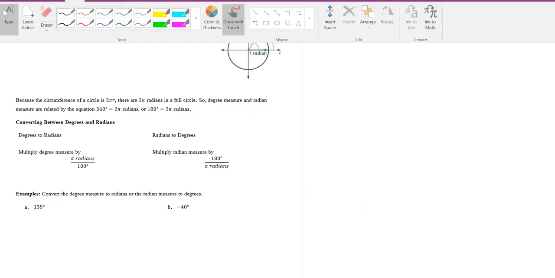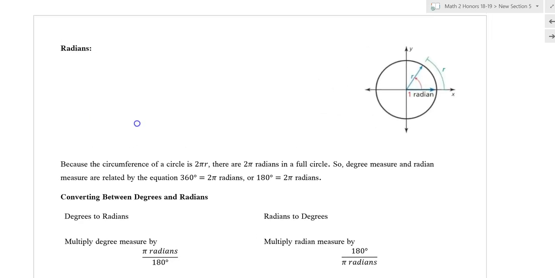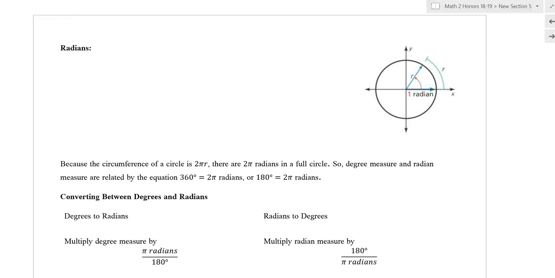If we turn to the next page, the other thing we want to look at today is radians. We've had a slight introduction to radians before. Now we're going to look more at radians in this unit. In this unit, we'll use both degrees and radians pretty equally, so we need to know what both of those are. Okay. So a radian is similar to degrees, where we use it to measure an angle, but 1 radian